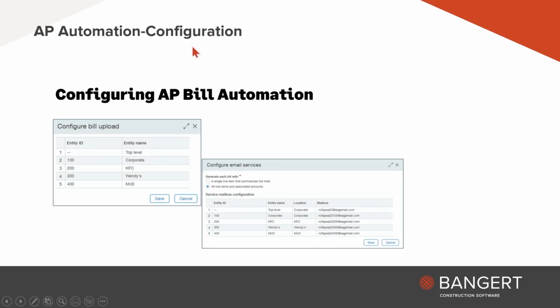And then, like I was saying, the configuration is pretty simple. You'll go into the configuration AP, and you'll configure the email settings, and you'll turn on the way that you want each bill to detail out or summarize right here on the top. And then the email address is automatically generated for you. So you can see the 100 entity has like 22,100, and the 200 entity has 22,200. So this all gets automatically generated for you, and you don't have to come in here and do any of this. Okay.